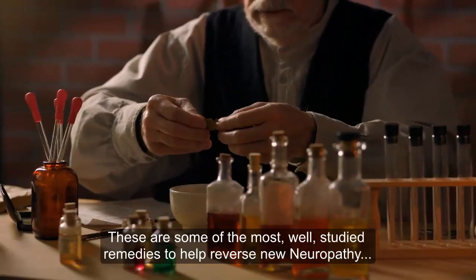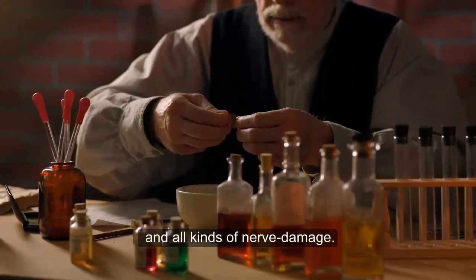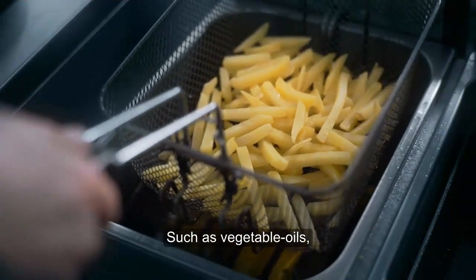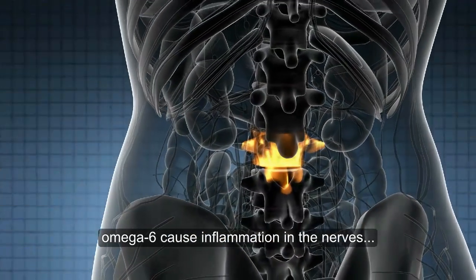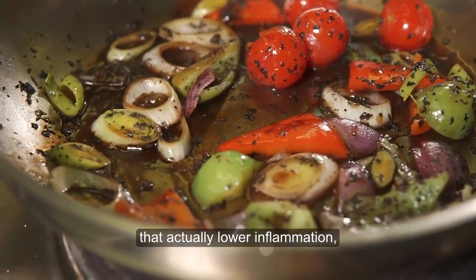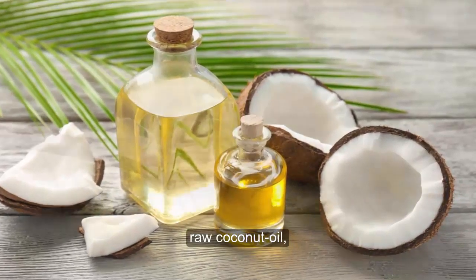These are some of the most well-studied remedies to help reverse neuropathy and all kinds of nerve damage. It's also extremely important that you cut out foods which contain omega-6 fatty acids, such as vegetable oils, trans fats, and fast foods. Omega-6 causes inflammation in the nerves and can be highly damaging to those with existing nerve damage. Replace these with healthier fats that actually lower inflammation, like extra virgin olive oil, raw coconut oil, cod liver,